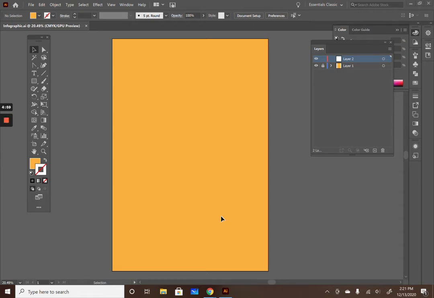Step 2 for your infographic, you are going to have your background. Okay, I've locked that layer, and now I've made a new layer by simply clicking the new layer file in my layers collapsible panel. So now what you're going to do for step 2 is create those areas and shapes where